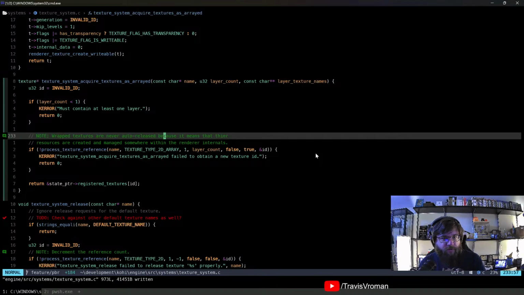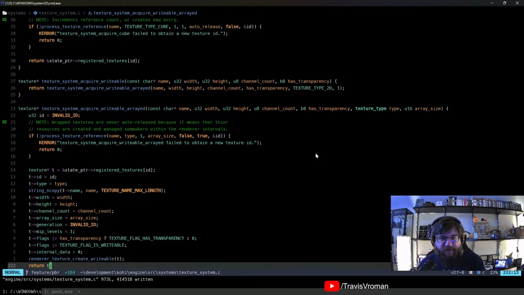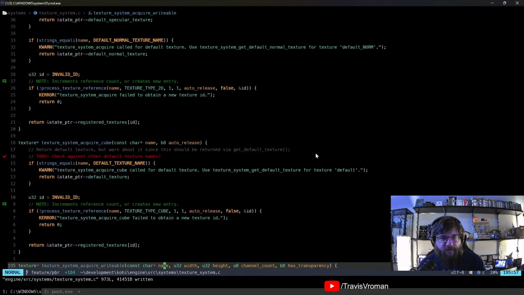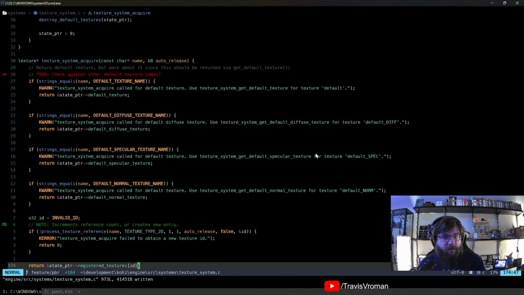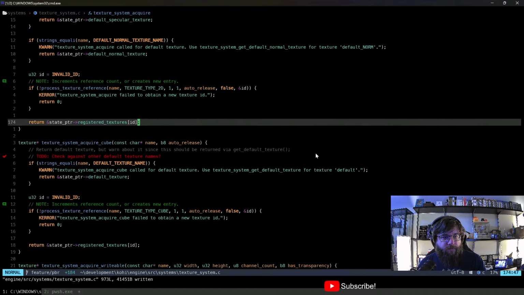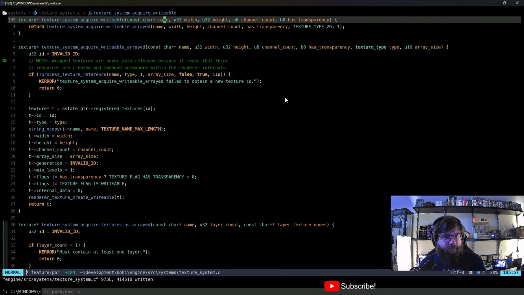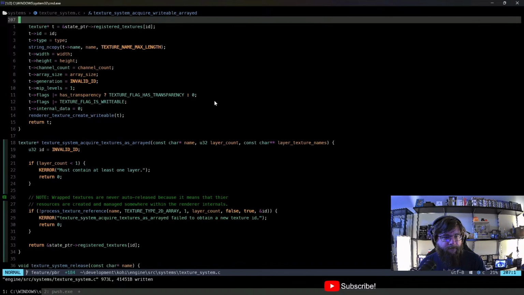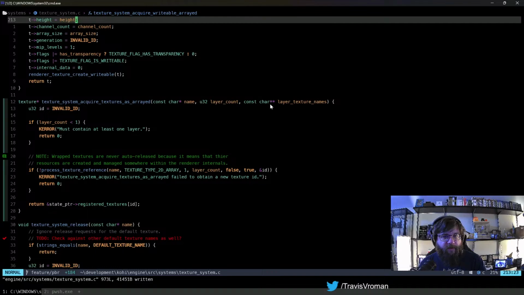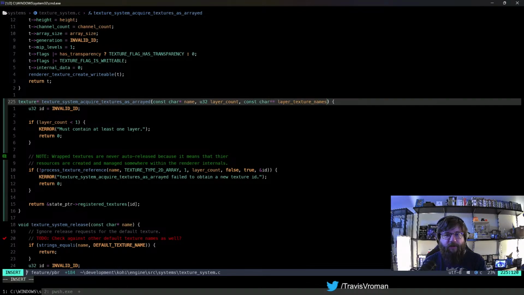I'm going to, oh, you know what? I think we need to specify if we should auto-release it or not. Yeah, let's go ahead and do that. So we have, here it is. So name, layer count, and layer texture names. We need a B8